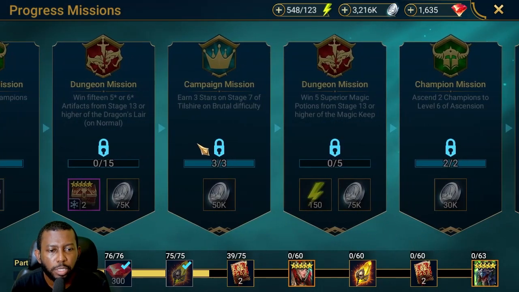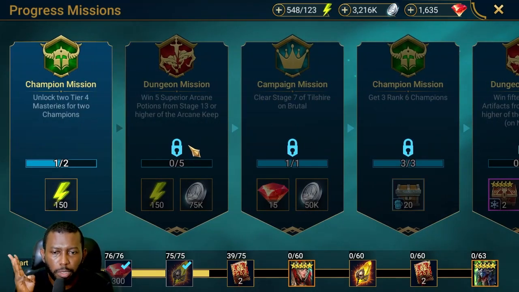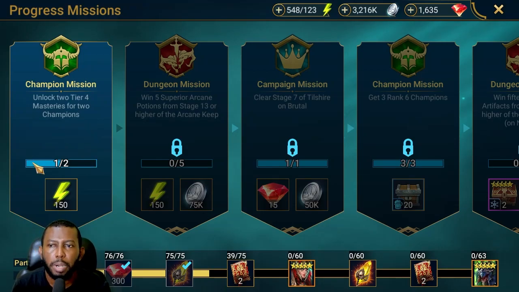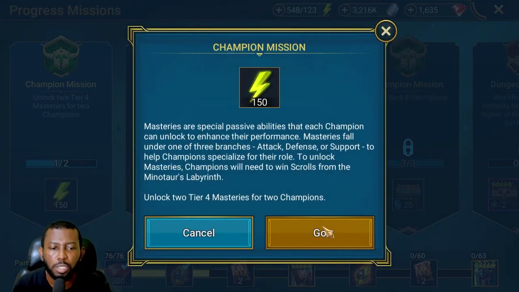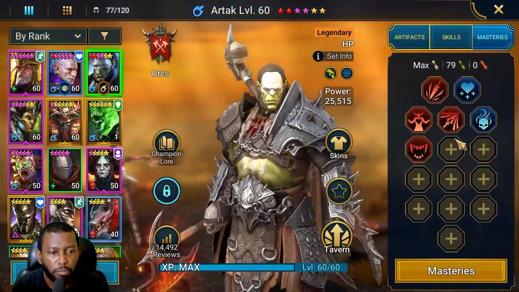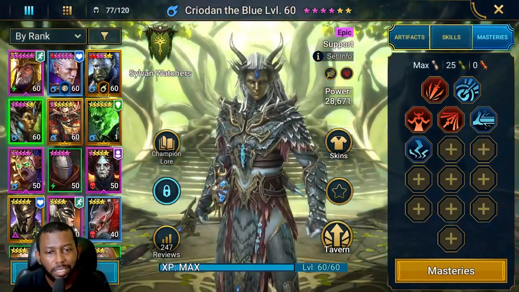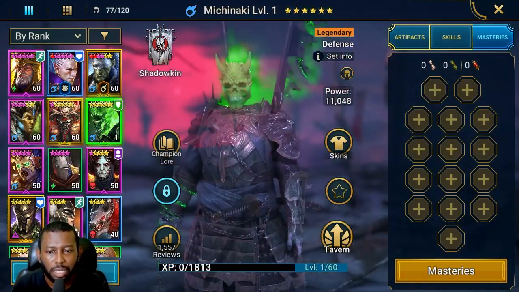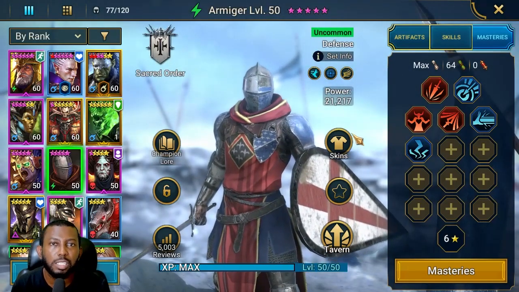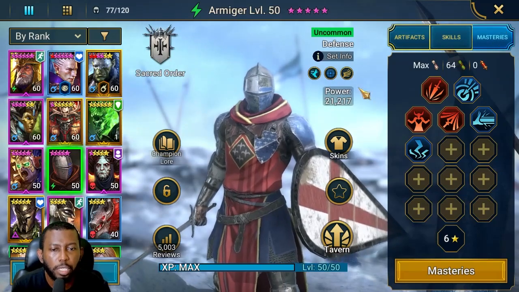I think a mission requires you to put Great Hall for 2, unlock Great Hall for 3 or something like that. But right now I'm working on this one that says unlock tier 4 masteries on 2 champions. All my champions are on tier 3 masteries, not all of them are tier 4 masteries. So tier 3 right here, tier 3, tier 3. This one has not started right here, tier 3. So I'm taking these tier 3 champions into the Mino and farming right here to get them to tier 4